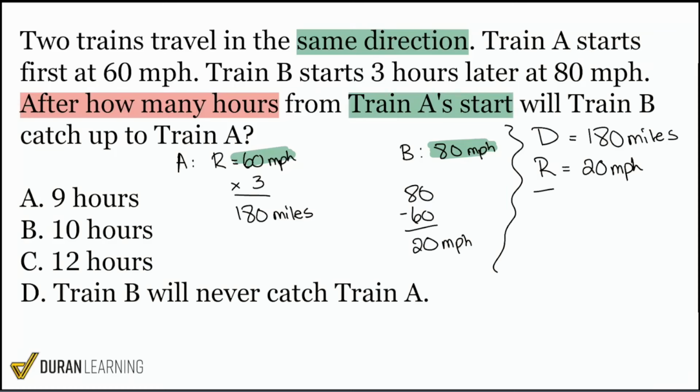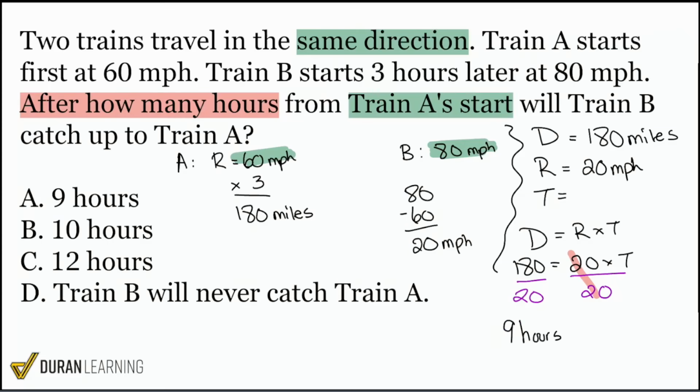Now we can find how much time it'll take. But be very careful, everybody, because when we lay this out, distance equals rate times time. 180 equals 20 times time. Be very careful because once we calculate this, divide by 20 on both sides, look at what happens. Cancels that out, and we get 180 divided by 20, which is 9 hours. Oh, look at that. Very tempting. Very tempting to pick A, right? Very tempting. However, everybody,